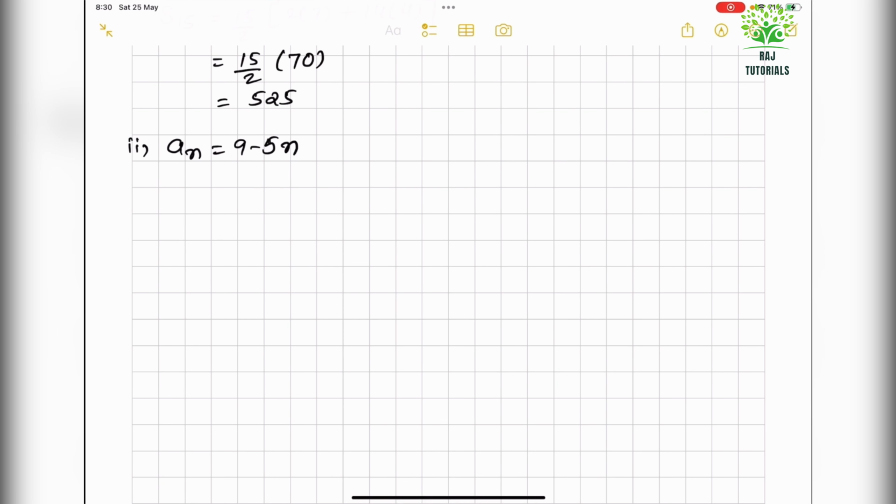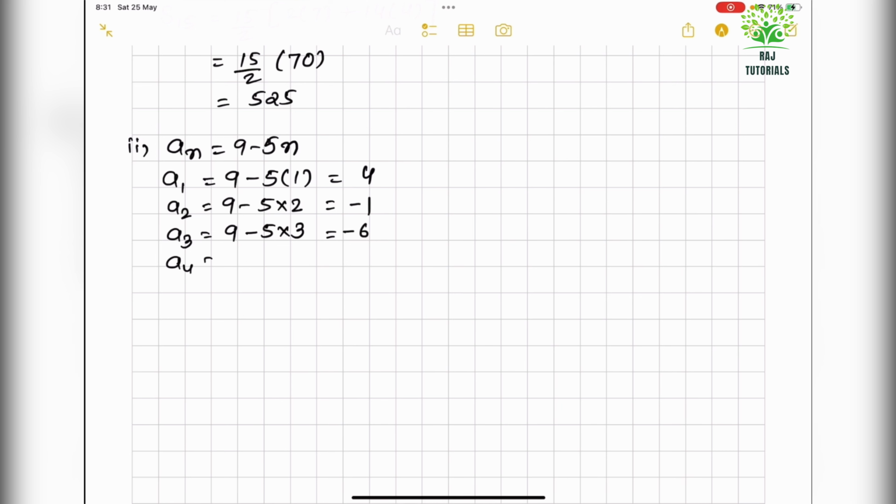Second one says an equals 9 minus 5n. So again, if I find a1, I will have 9 minus 5 into 1, so that will be 4. A2 will be 9 minus 5 into 2, so 9 minus 10, so minus 1. A3 will be 9 minus 5 into 3, so 9 minus 15 will be minus 6. A4 equals 9 minus 5 into 4,